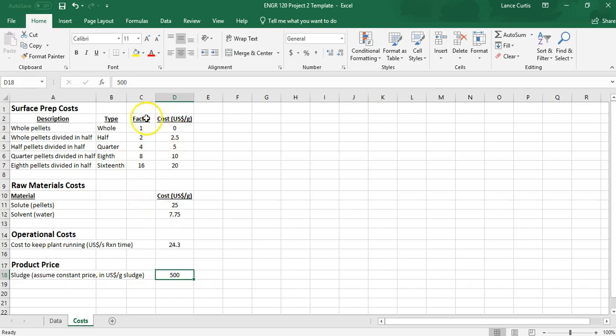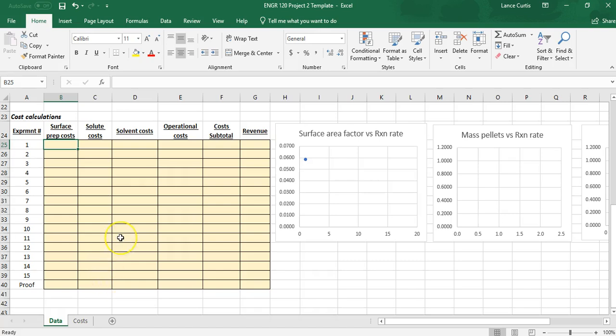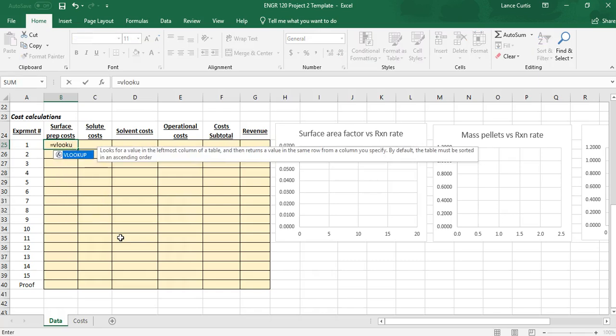Notice how there's something of a table here. And the value that we're going to have to put in any individual cell is determined by the surface prep factor. So how can we actually automate this so that we don't have to keep manually putting in each one at a time? There's a great function in Excel for doing that. It's called VLOOKUP. So if I put in equals VLOOKUP,